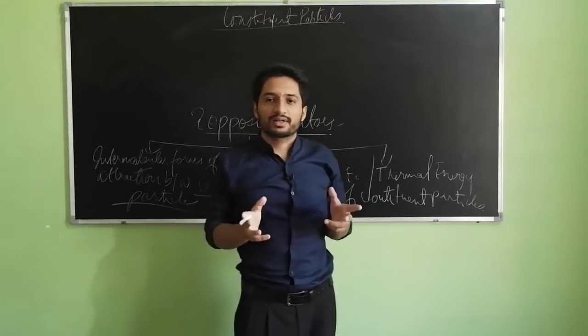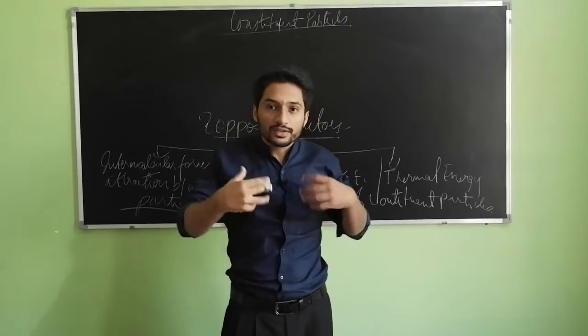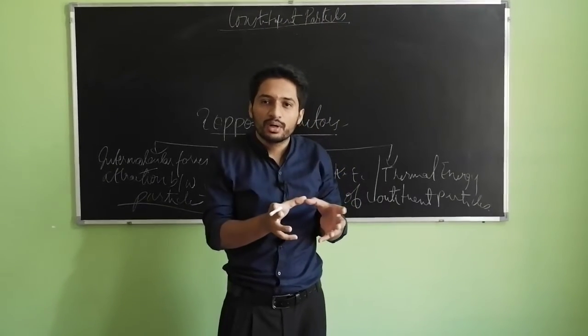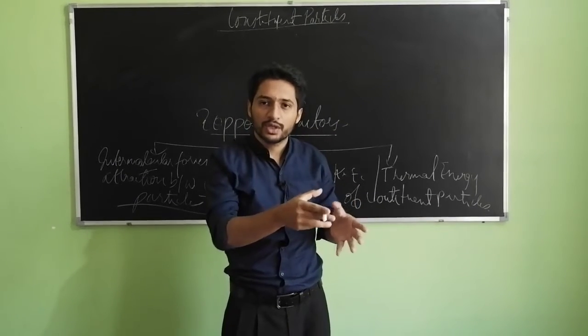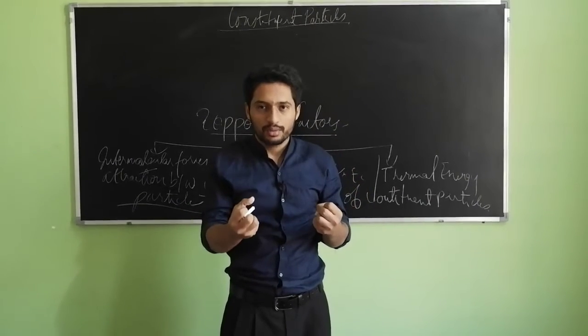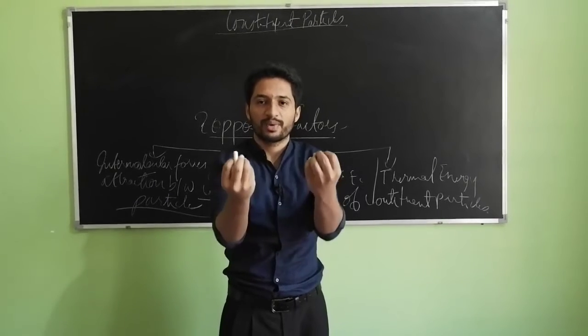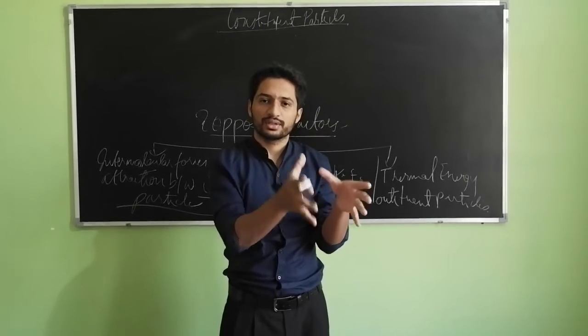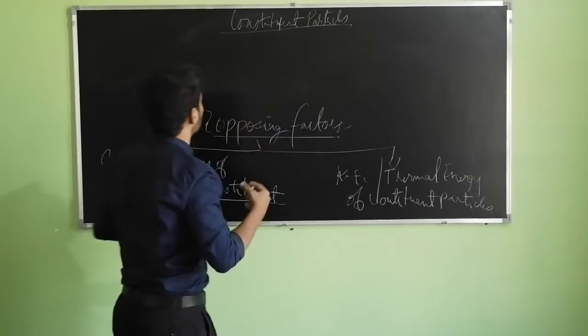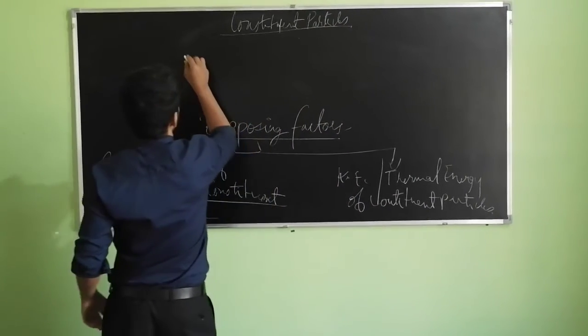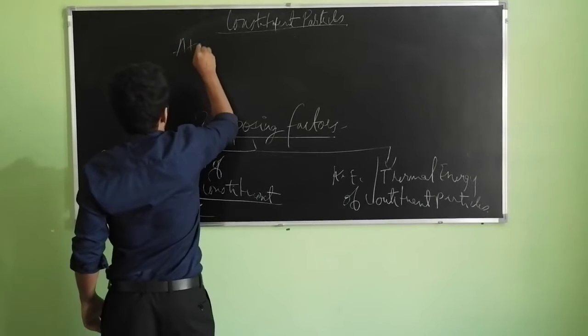So constituent particles, as the name suggests, are something which constitute a particular state of matter. So let's say we have solid, liquid or gas. What are they made of? What are the constituents that make these structures, either solid, liquid or gas? There are three constituents that everything is made of. The three constituents are atoms,